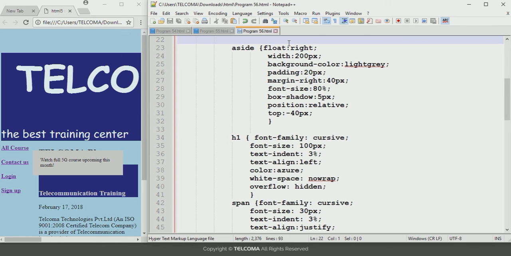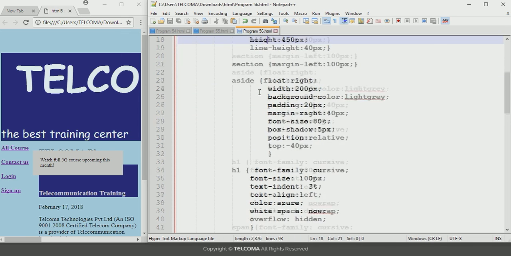So it will be placed on the right side. Its width is 200 pixels, then background color, its padding, margin right, and its font size, box shadow, position relative, and its top position. So this is about the different structure elements.